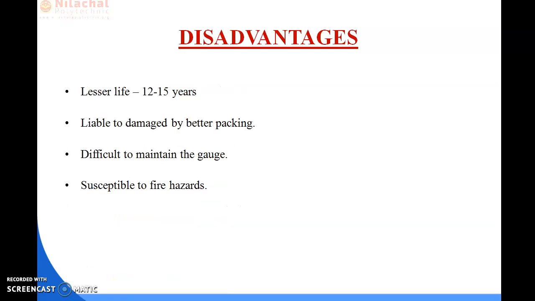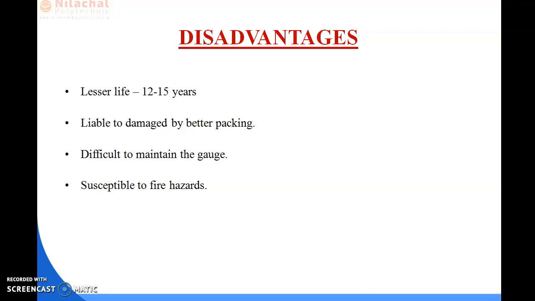Next come the disadvantages. What are the disadvantages? It has a shorter life, because the lifespan is 12 to 15 years, it is liable to damage by better packing, it is difficult to maintain the gauge, and it is susceptible to fire hazard. Disadvantages means the demerits of the wooden sleeper. Because its lifespan is less, 12 to 15 years, it is difficult from an economic point of view.